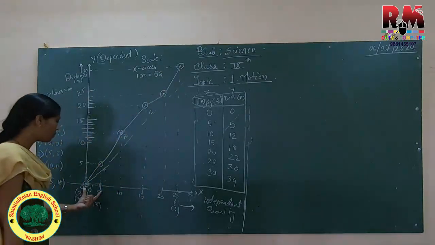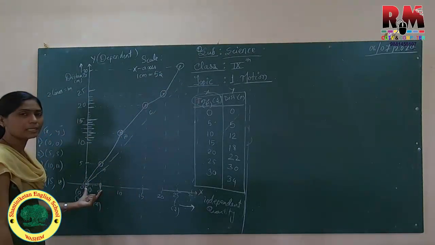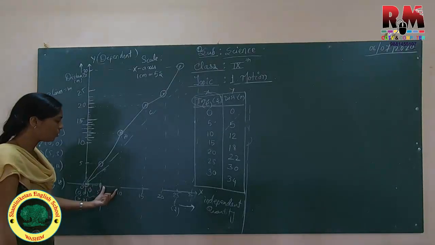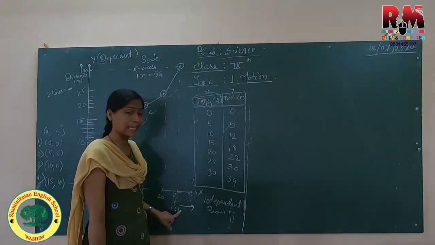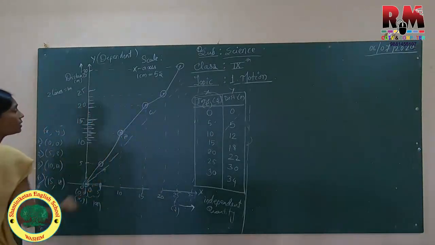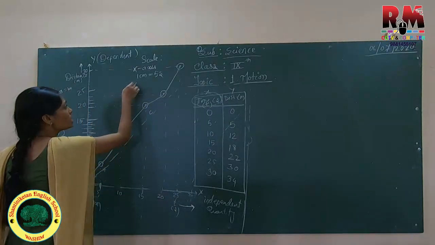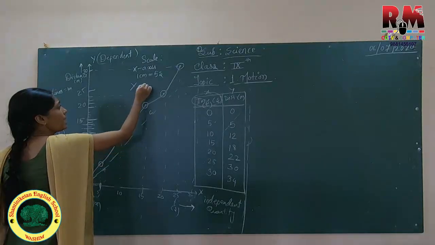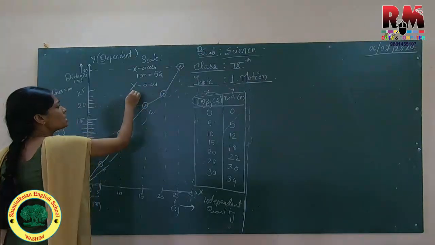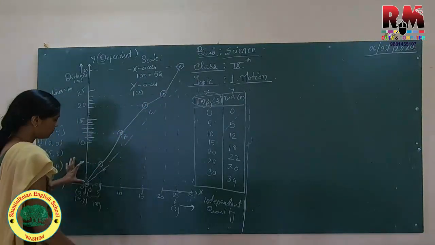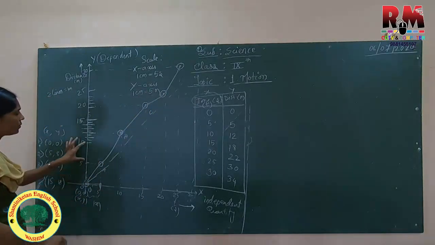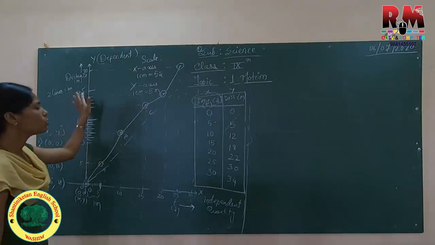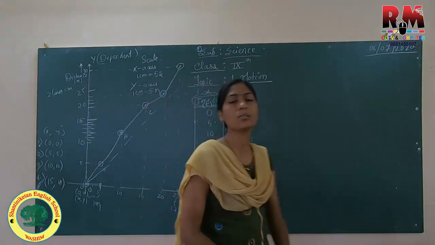Correct? One box is of 1 centimeter, and here we have measured a difference of how many? 5. Of 5 seconds. So on the x-axis, 1 centimeter is equal to 5 seconds, and on the y-axis, again 1 centimeter is of 5 meters. What difference have we taken? 5 meters. So this is the whole method, the whole process of